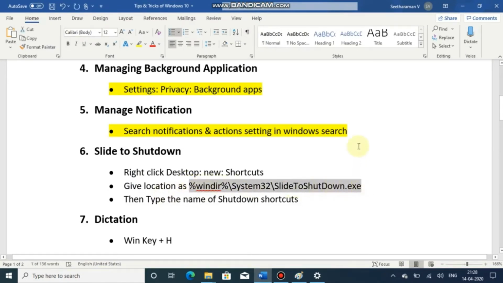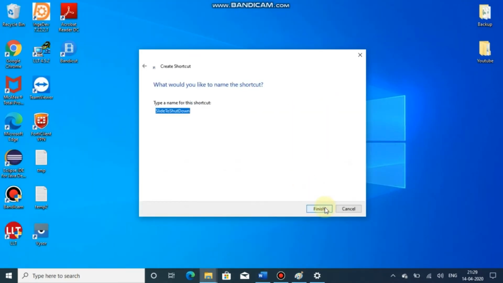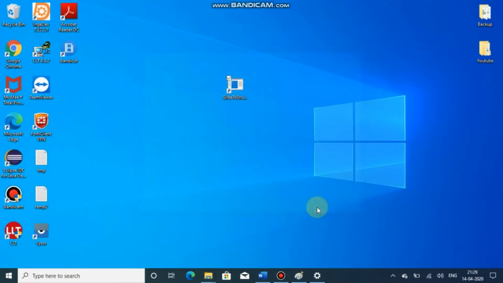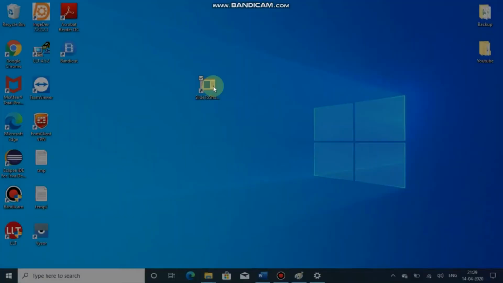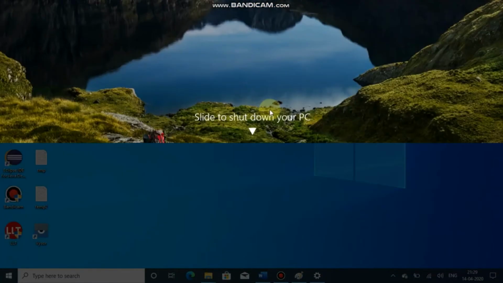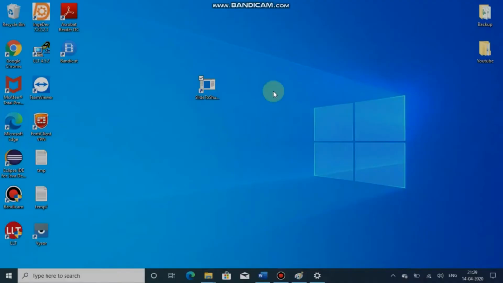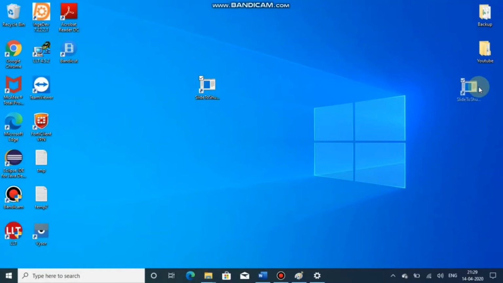The destination has been mentioned below in the description. Next, finish. Then the icon will look like this. You just double click on that. If you slide down this panel, then the PC will shut down automatically. So this is one more feature.